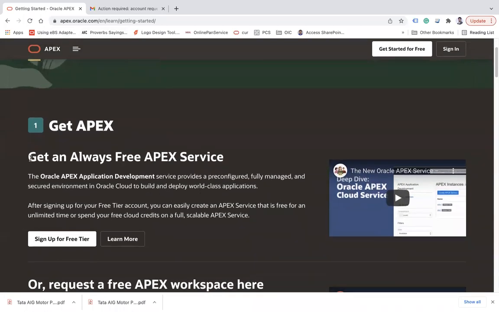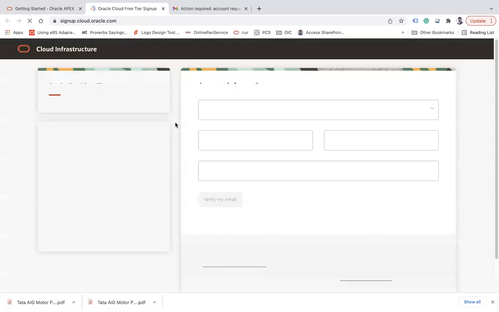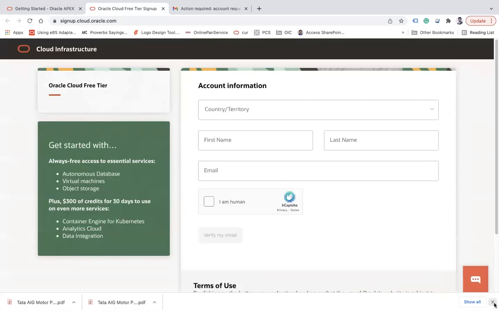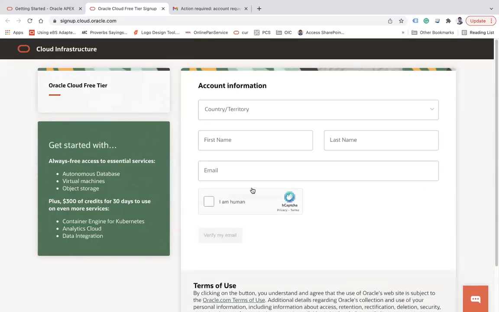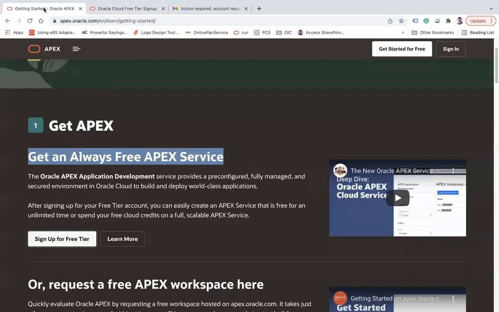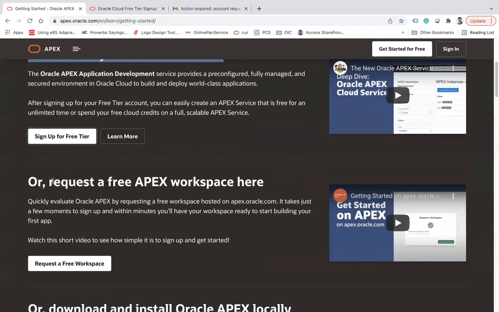You see get an always free Apex service, for which you need to sign up for an Oracle Cloud account. To create an account, you must have a credit card and email ID. So you can create an account here. If you don't want to create an account, you can request a free Apex workspace here.